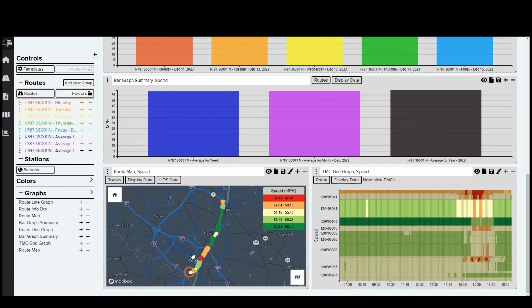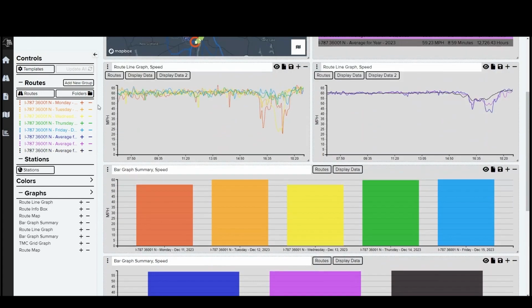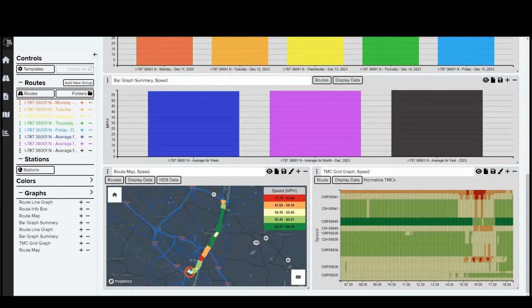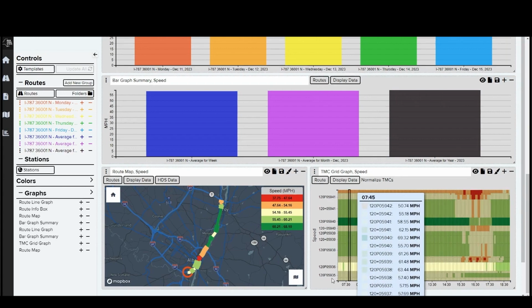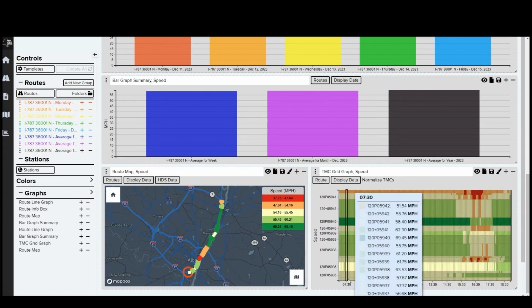And what we're seeing here, and again, we chose a northbound route. So this is originating here with the red circle, and we're coming up. So this red circle is saying this is where this originates. We're coming up here to the north, and it's 787 all the way up to Troy, where it meets Route 7. So this is a long stretch of highway. It has multiple TMCs. Each TMC is marked here on the left, and this is across the daytime